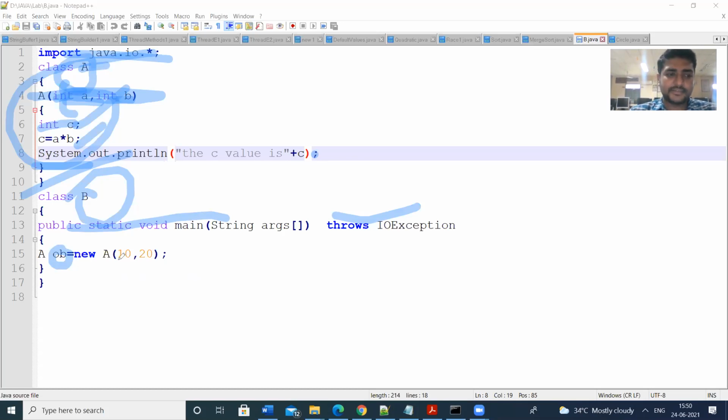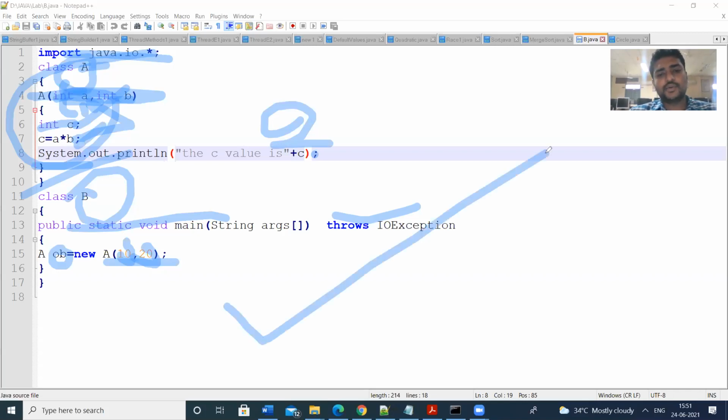So this is the constructor. Here I am passing the values 10 and 20. I am initializing the constructor values as 10 and 20. When I pass these values, we will get the output 10 into 20, 200. C is equal to A into B, we will get 200.